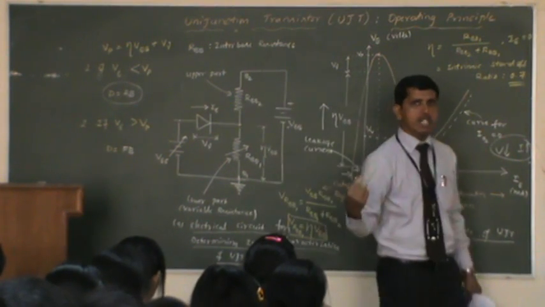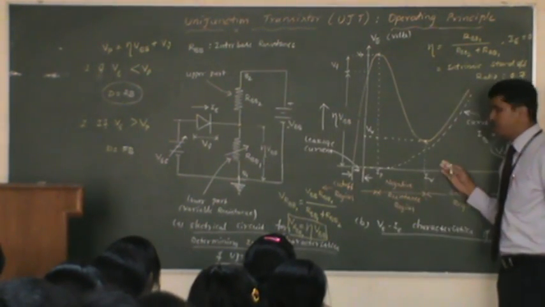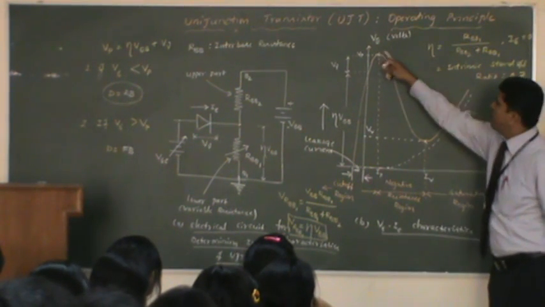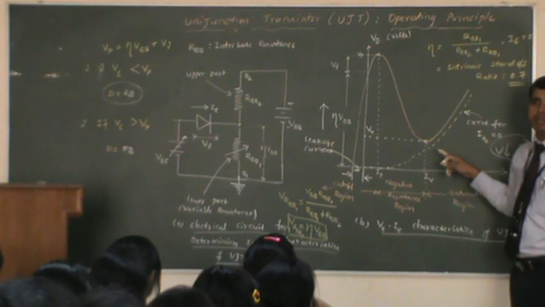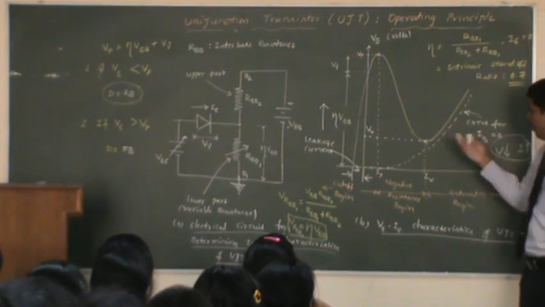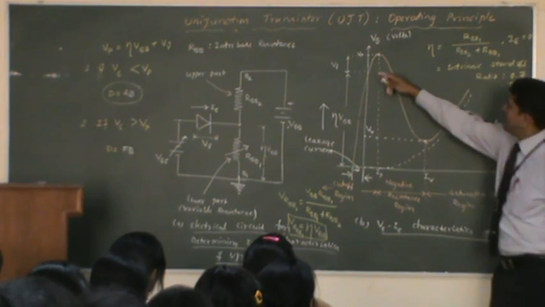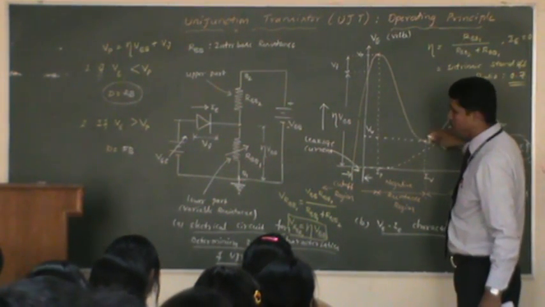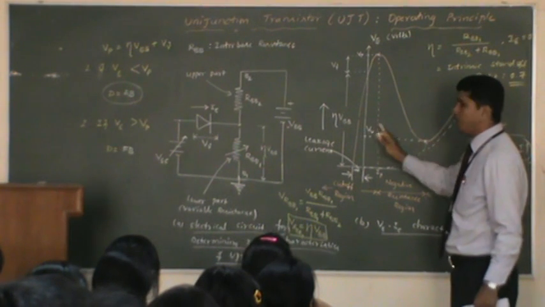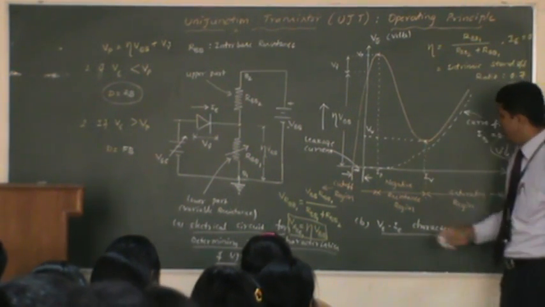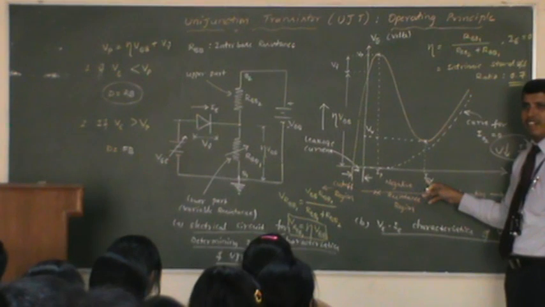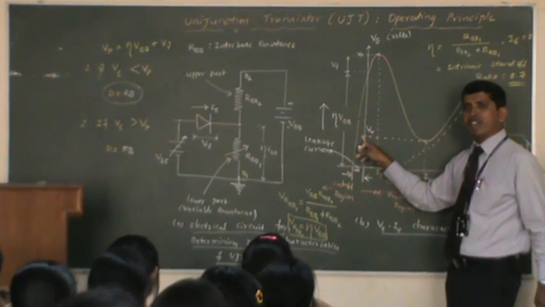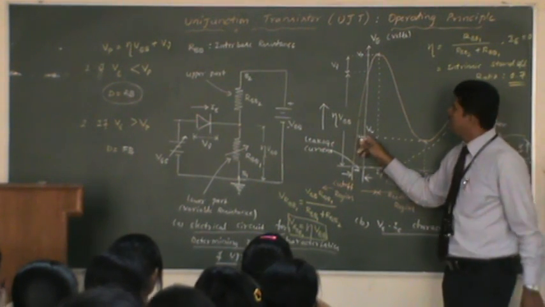This is one and only device which exhibits a negative resistance region. None of the other electronic devices exhibit this region of operation. As you keep on increasing the voltage, the voltage across UJT keeps on decreasing, but the current keeps on increasing. This will happen until it reaches a point called the valley current. IV is called the valley current, and corresponding to that, the voltage we have is called the valley voltage.